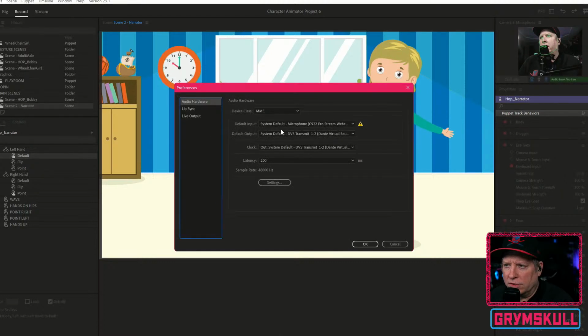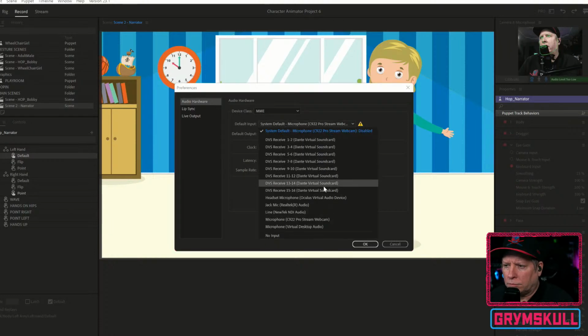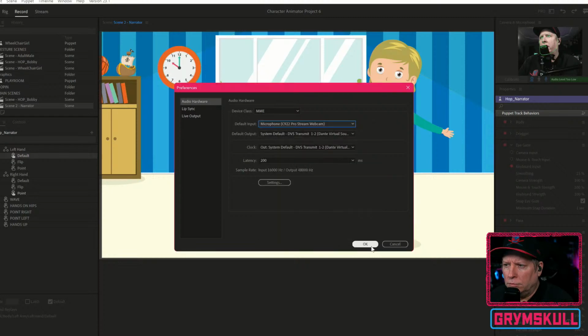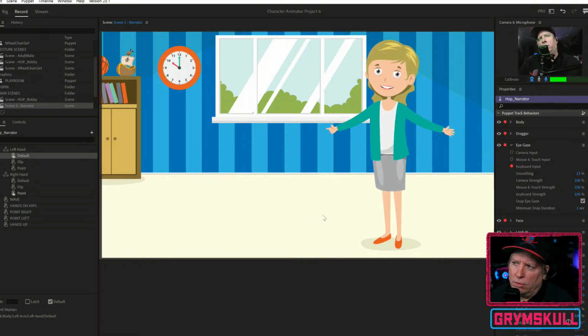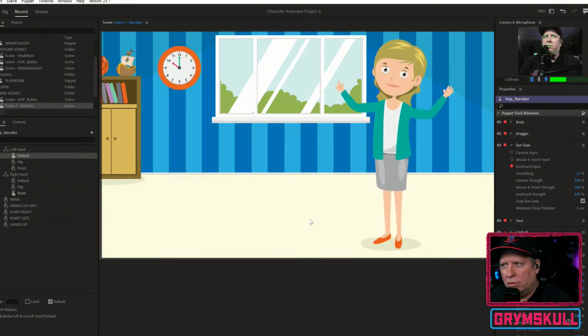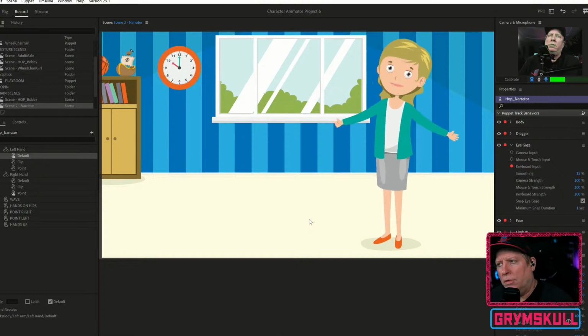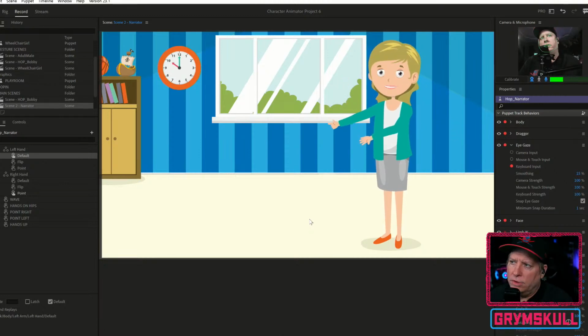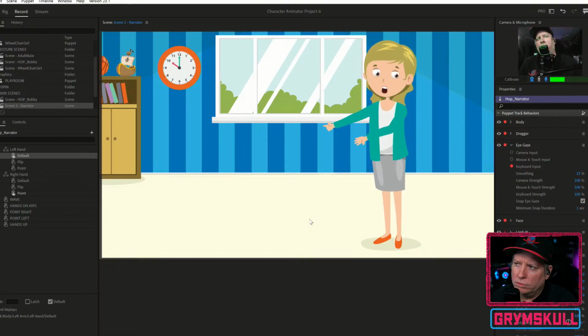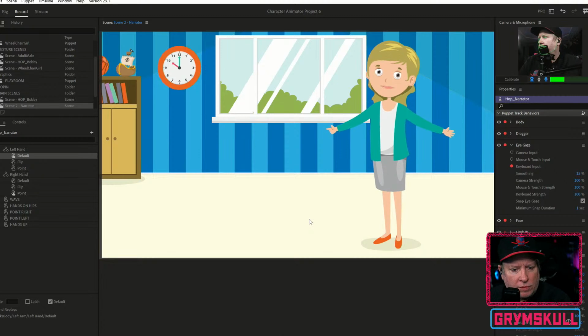I've got to go in the preferences here real quick. There we go. So now you can see as I talk, the character talks. You can make them point and do hand gestures and look around and move. Stuff like that.